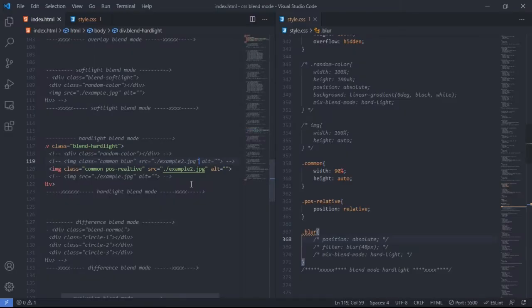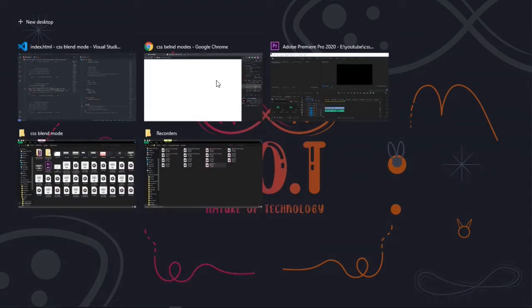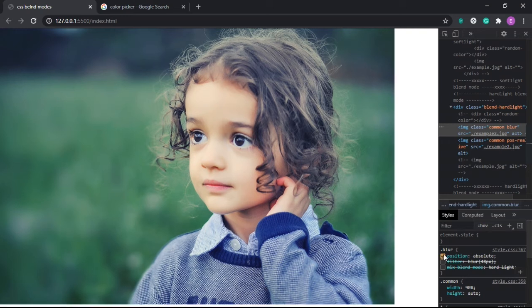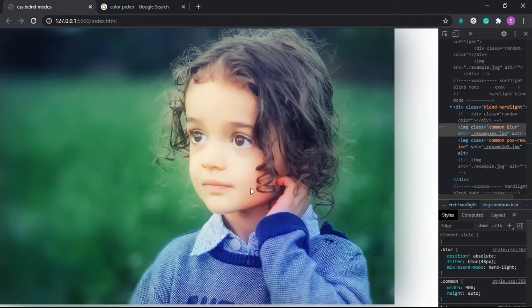So here I have taken an image, and on top of this image I have taken the same image again. That means I have taken one image twice. So if I position this image on top of each other, and if I blur the top image, and change the blend mode of this blurred image to hard light, have a look at this beautiful effect it's